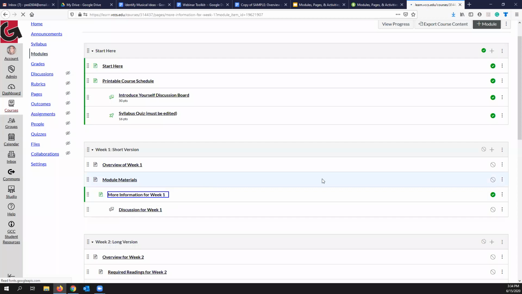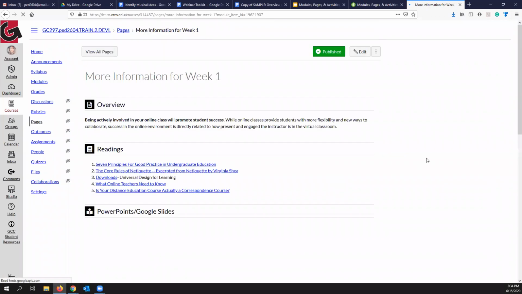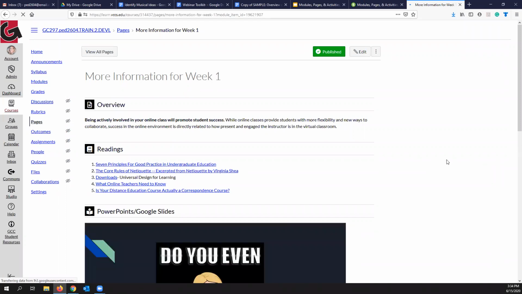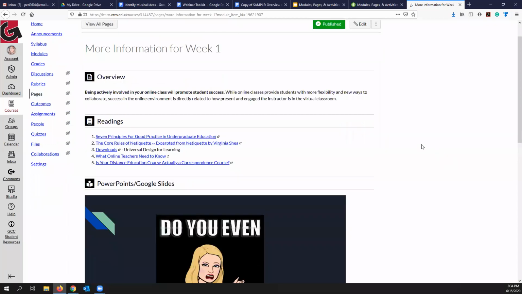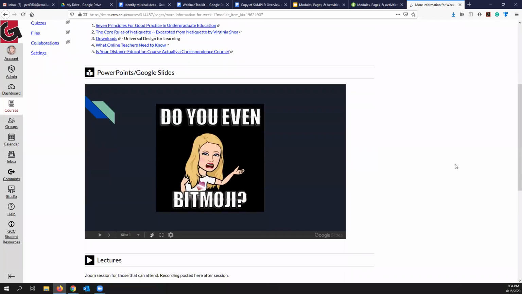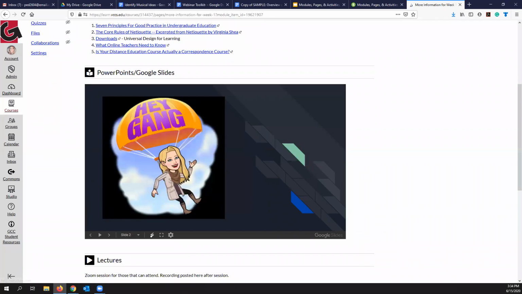at a completed page. So here's an example of a completed module material page. It's called more information, can be called module materials, whatever, but it contains readings, and all of these, of course, are hyperlinks that take them to external websites. This is a slide presentation that they can view right from within Canvas. They don't have to go out. They can advance the slides